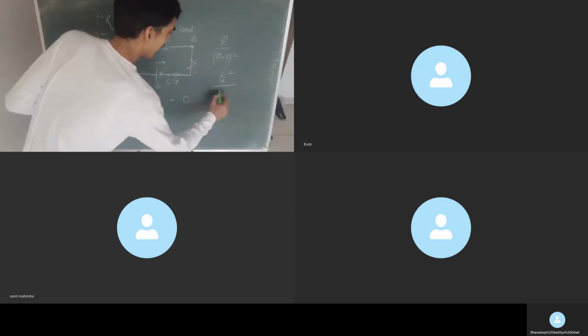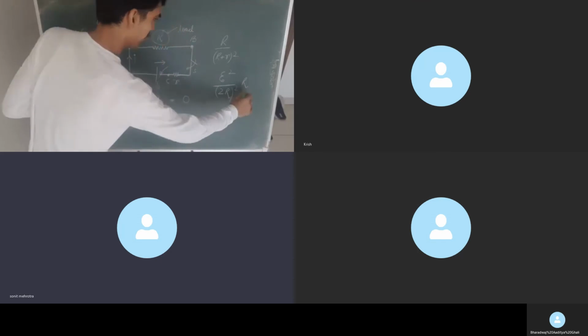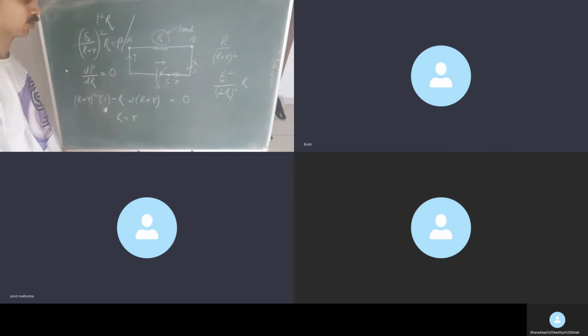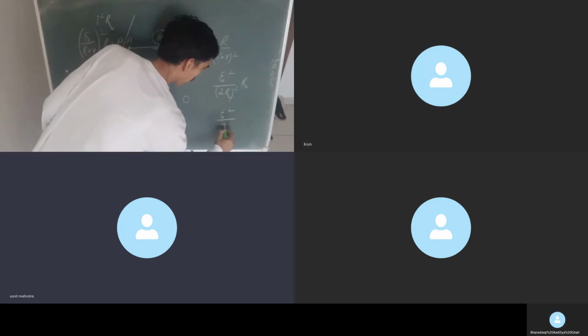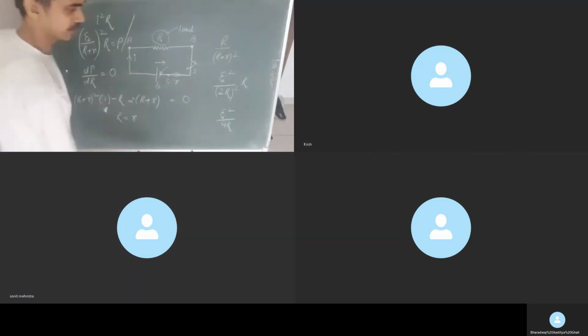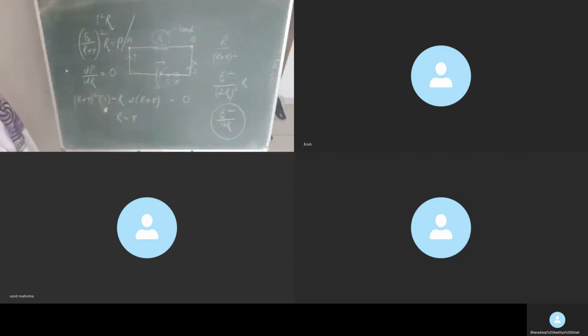And with small r replaced by capital R, what will this shape to? This will shape to E square divided by capital R plus small r, so twice of R, whole square, into R. Check it out here. Yes, sir. So eventually it boils down to this equation, right here? Yes, sir. So what is this to us? This is the maximum power which is getting transferred to the load. Correct here?